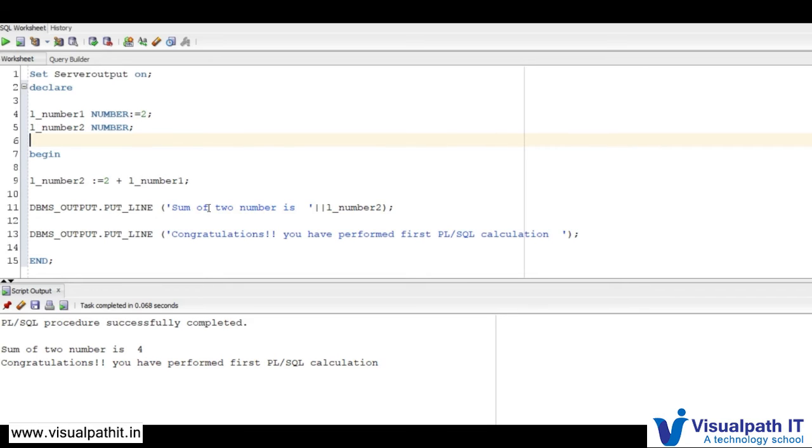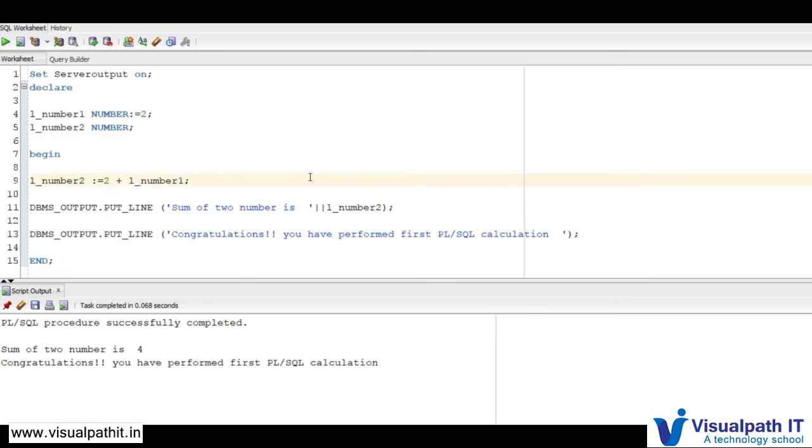So it's freely available on the Oracle site. You can go and download SQL Developer. This is a very good tool to view the data, unlike the traditional SQL*Plus prompt, where the data is not that good to view. Here you can see the data very well, and the output is also very well visible to the user.